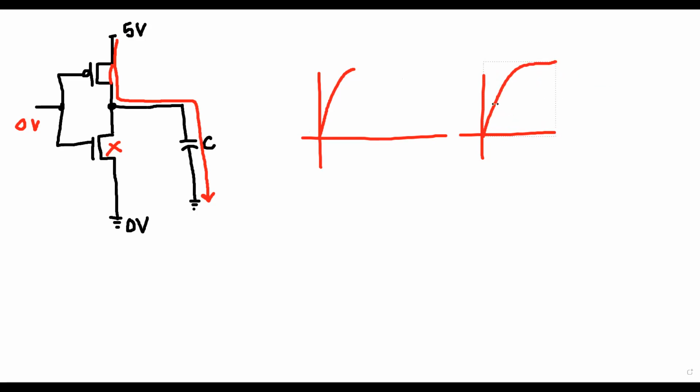So this one is slow, this one is fast. On what does the charging depend? There are two things the charging depends on. One is the value of the resistor of the circuit. One is the value of the capacitor, okay? RC. Because the charging time is 5 RC, the discharging time is also 5 RC.